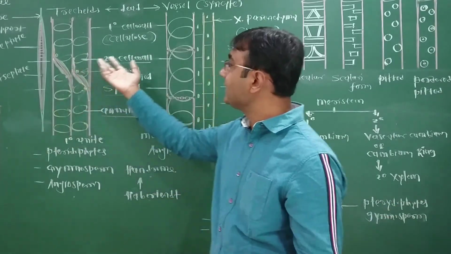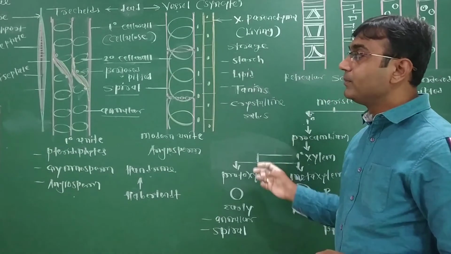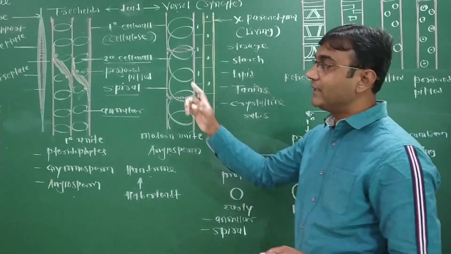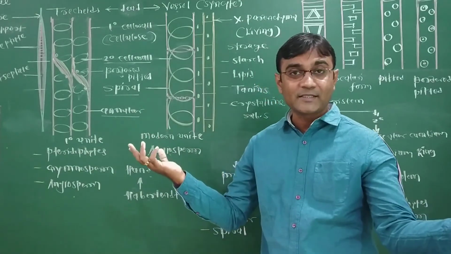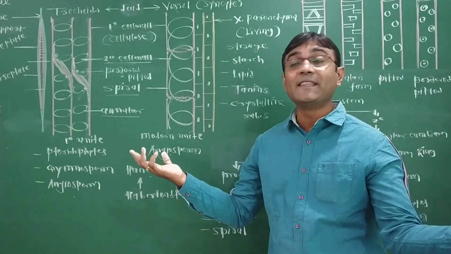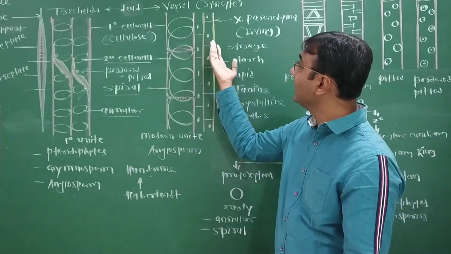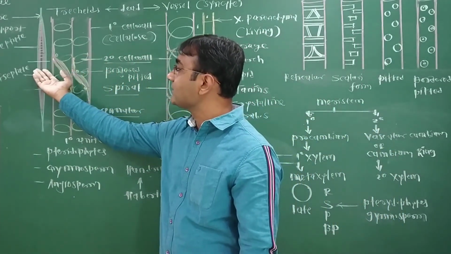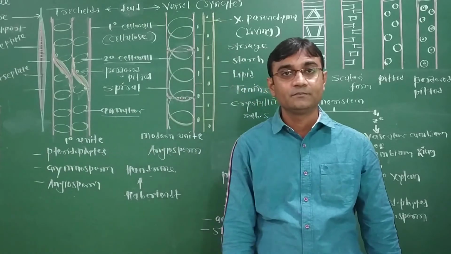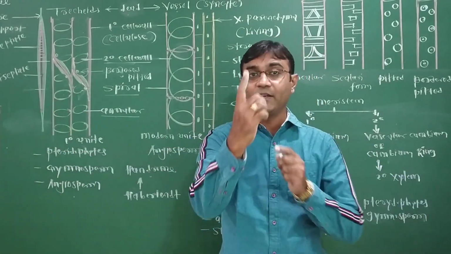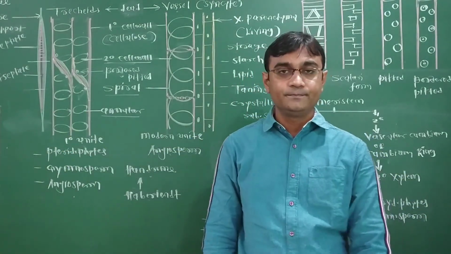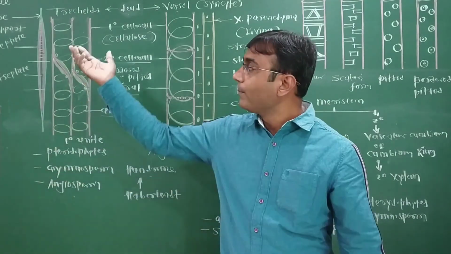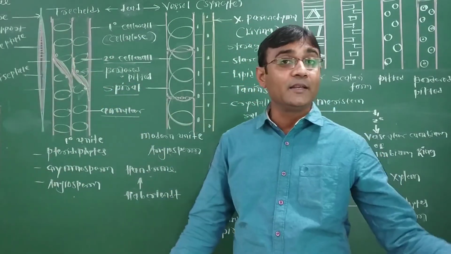So we completely finish here one of the conducting tissues or complex permanent tissues, that is xylem. Why complex? Various types of cells gather, like vessel cells, parenchyma, tracheid cells as well as fibers. All act as one unit for the transportation of water and minerals. That's why it is a complex permanent tissue, and that is xylem.